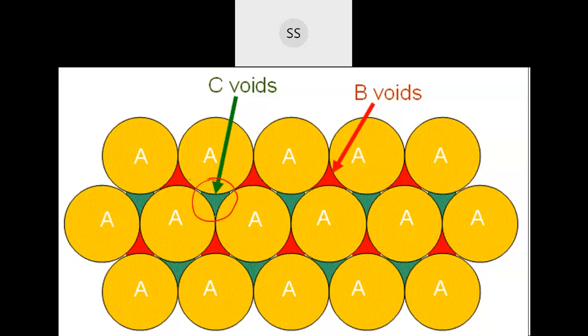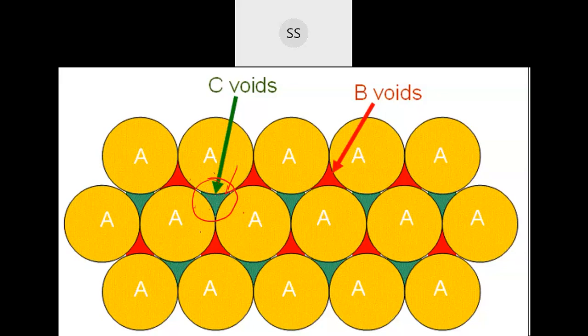When you place that second layer over the first one, when you place this atom over this one, you can see a space which is created. That empty space has one particular geometry. When you place this one over here, joining these four atoms, that space which is created looks like a tetrahedron. So it is called a tetrahedral void.